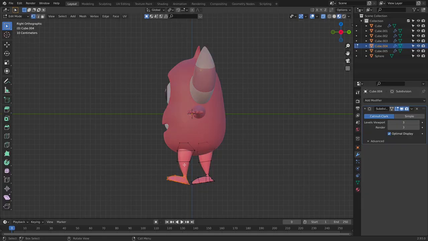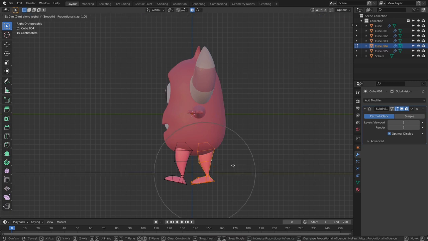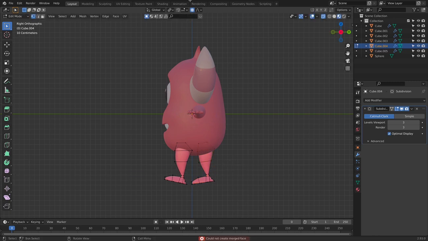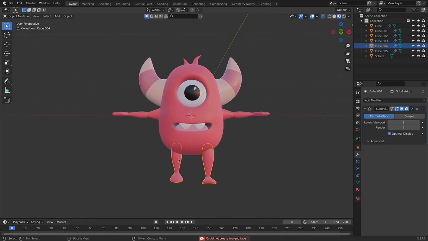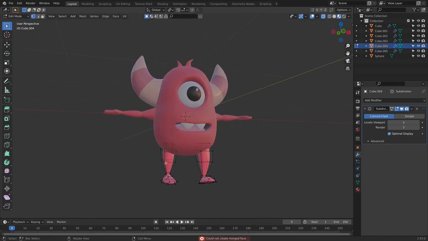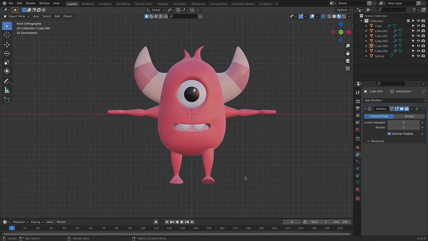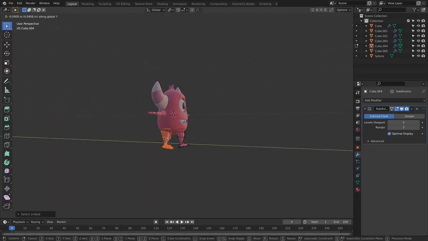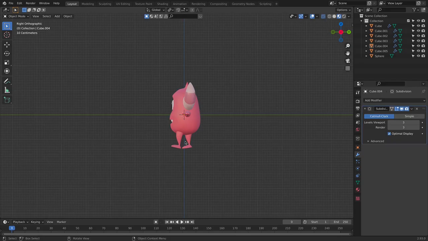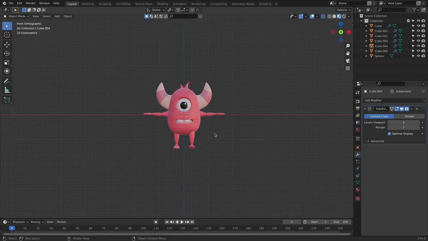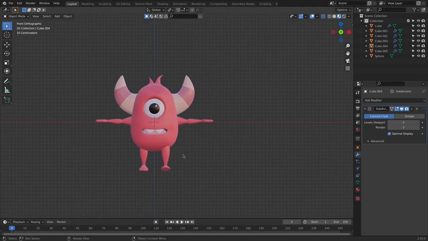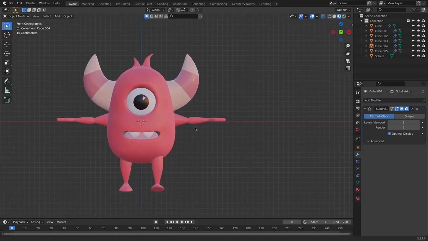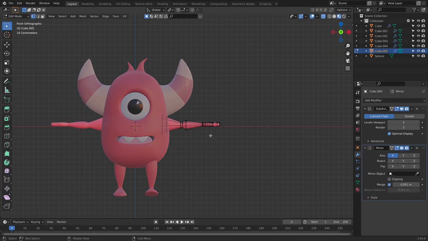Okay, I will move them a little bit more away from each other. I will grab it in y-axis without the proportional editing. Awesome. This one is a little bit too far. Okay, he is reaching for something,